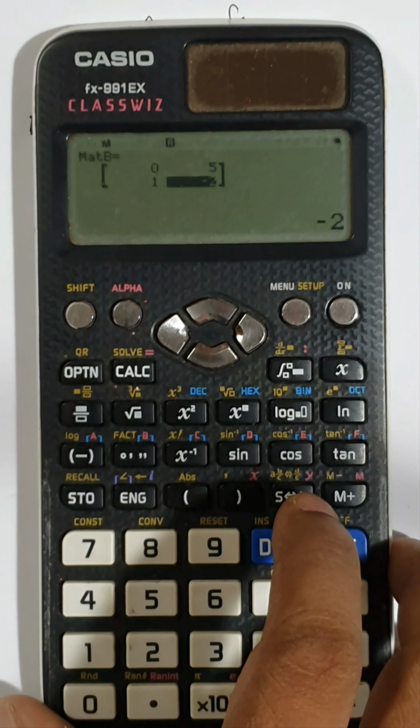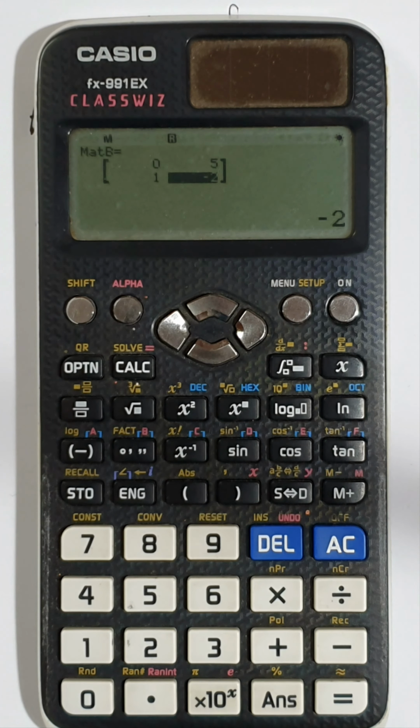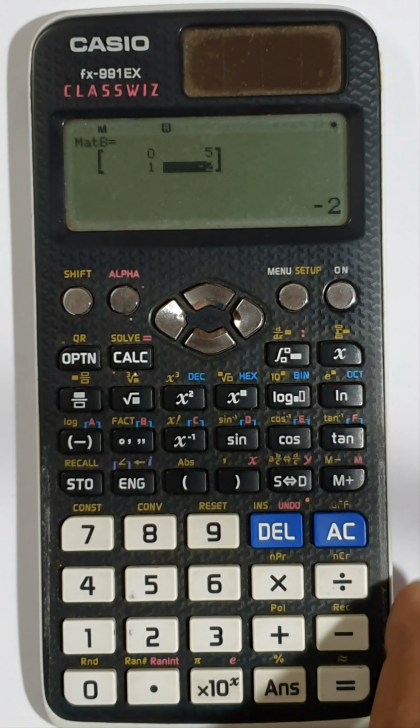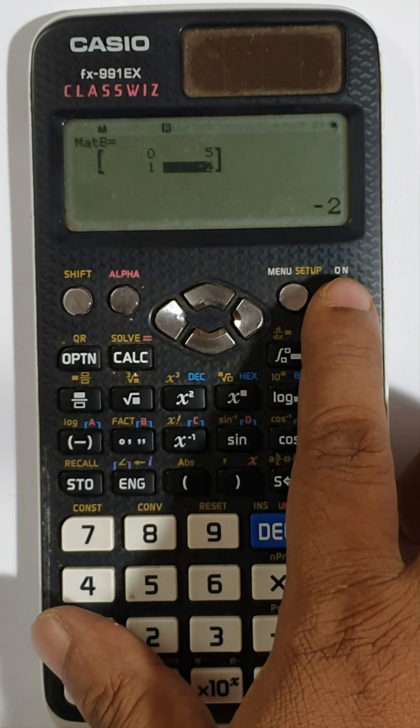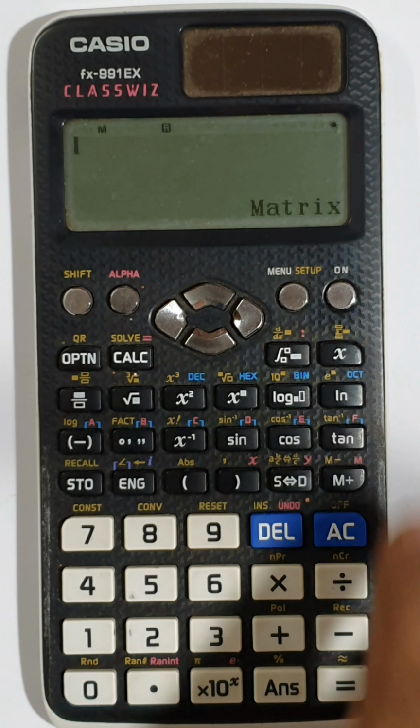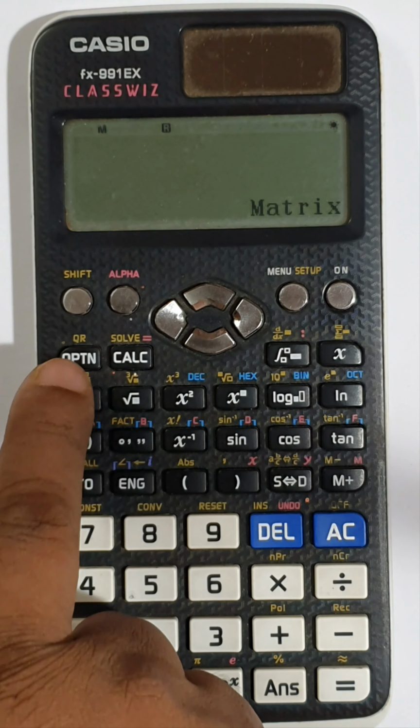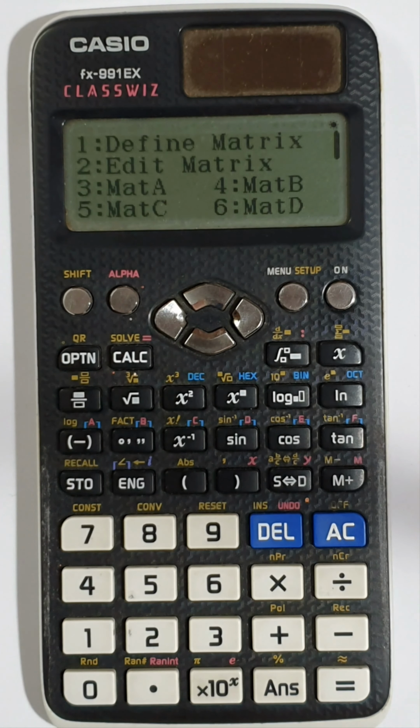Now it's quite easy to find A plus B, A minus B, A multiplied by B, and the inverse of A or the inverse of B. So let me press the on button again. Let me click on the option button. Now see, there are 6 parts given: from 3 onward matrix A, matrix B, matrix C and matrix D, but I stored data in matrix A and matrix B. So let me click on 3,